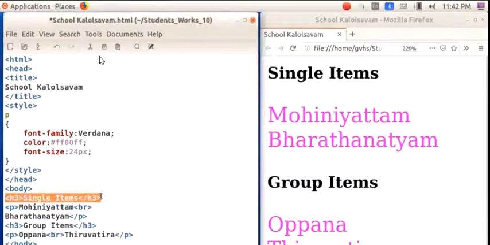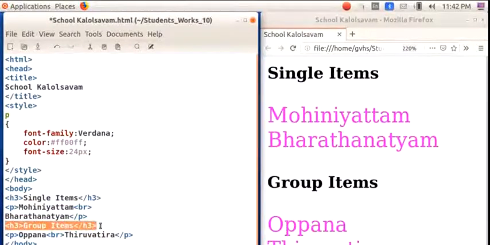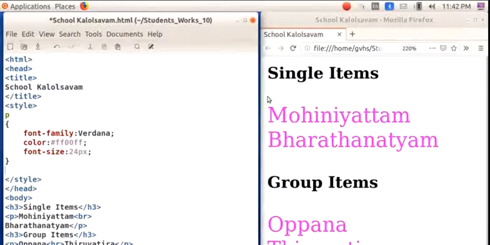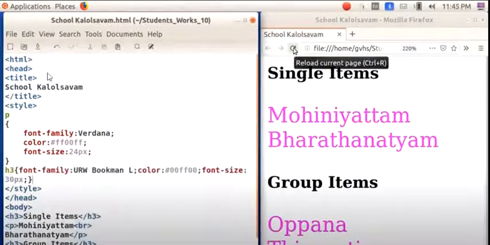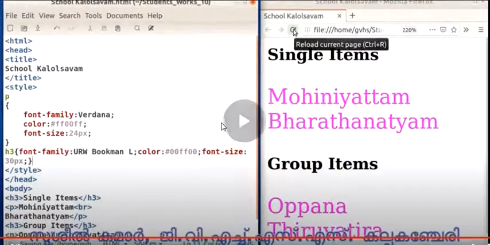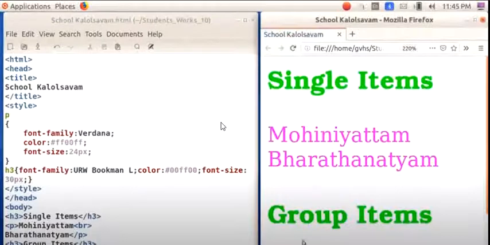The single items and group items headings are included in the h3 tag. So in our CSS file, the selector must be h3. Now we have completed the CSS code here, and the changes we have done are reflected in this output window.